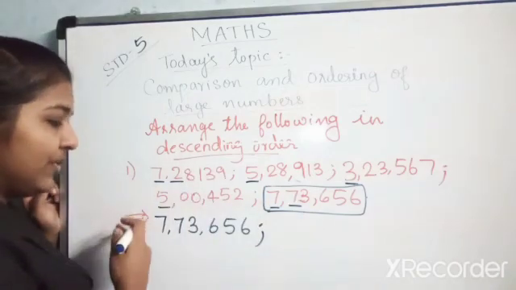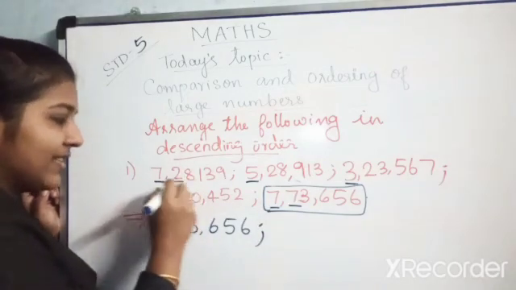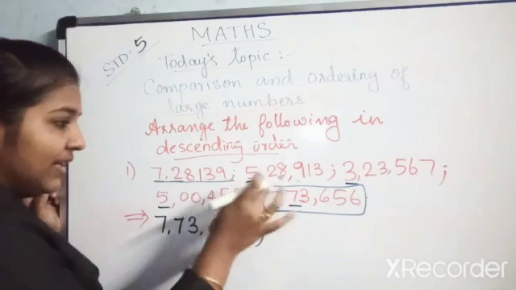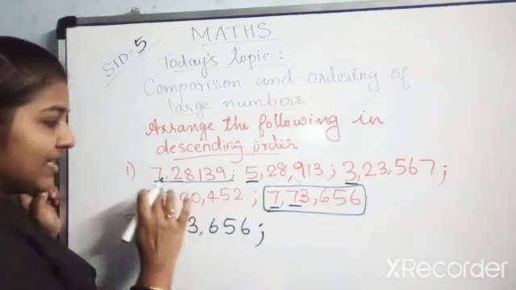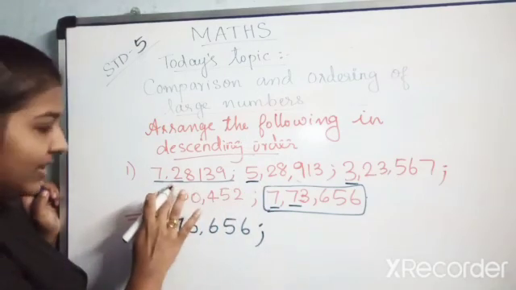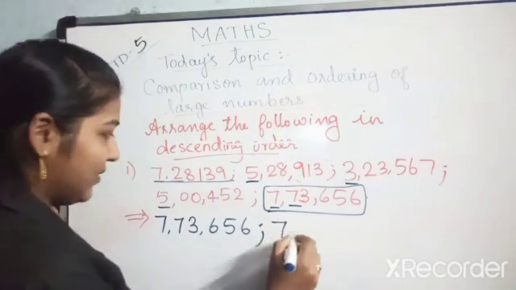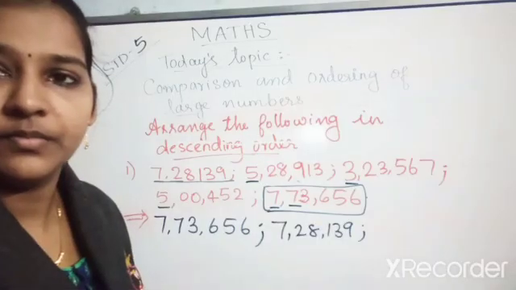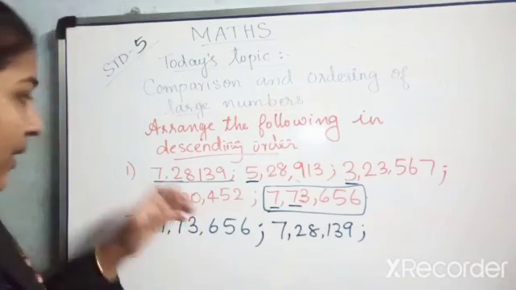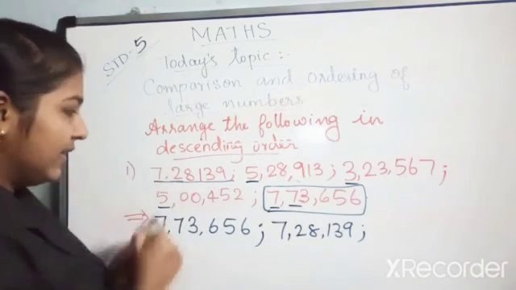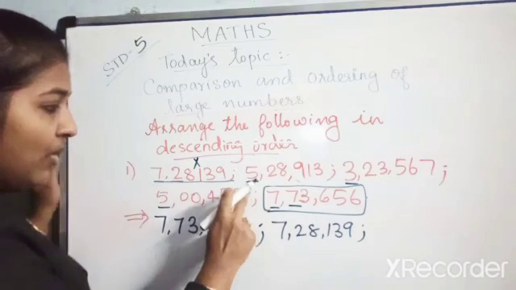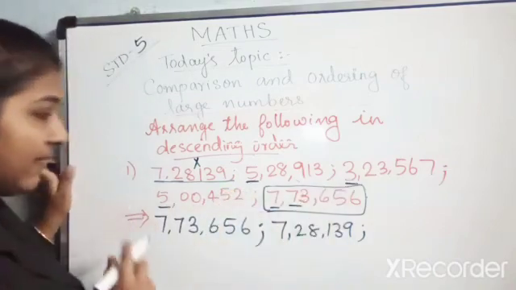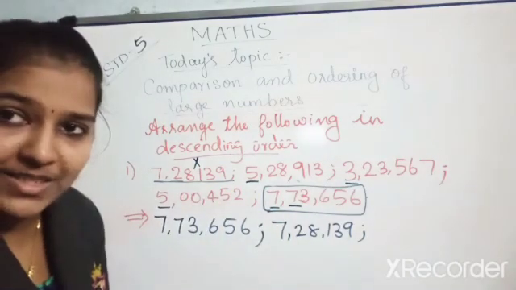Now which one will be the next one? Yes, that is this one, right? The number starting with 7 is only the first one, so you can write that also. Now look at the rest of the numbers. This number is also over. Now 5, 3, 5. Among these, which is the greatest number?